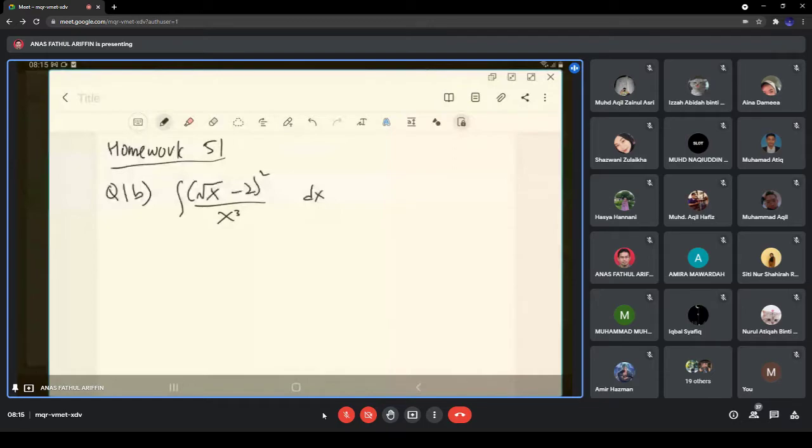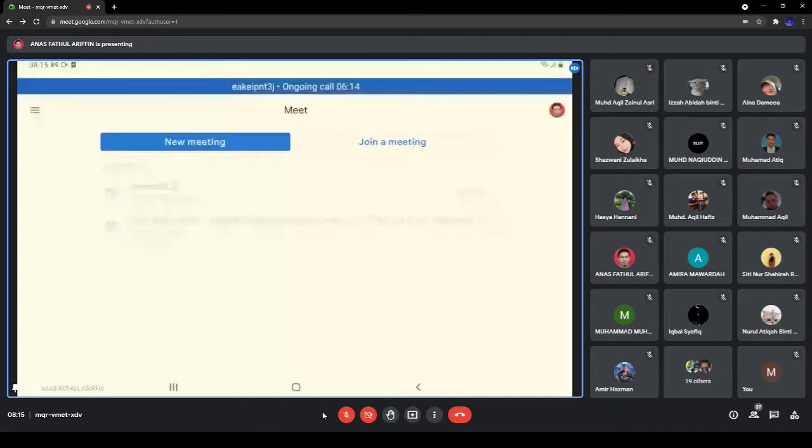Okay. So for question 1B, okay, so we want to integrate this one. So before integrate,